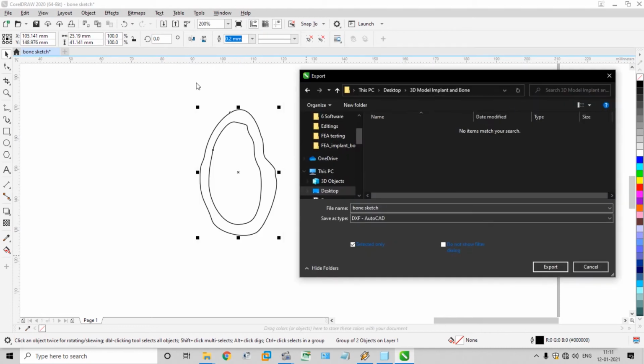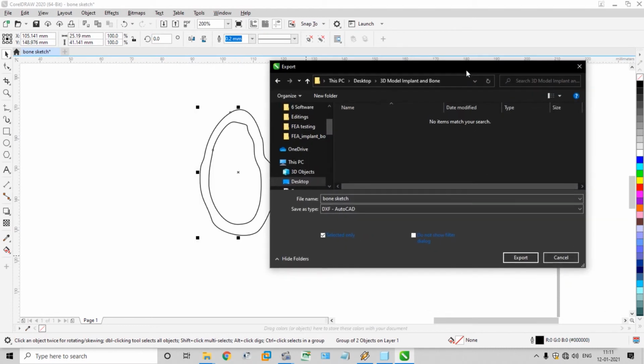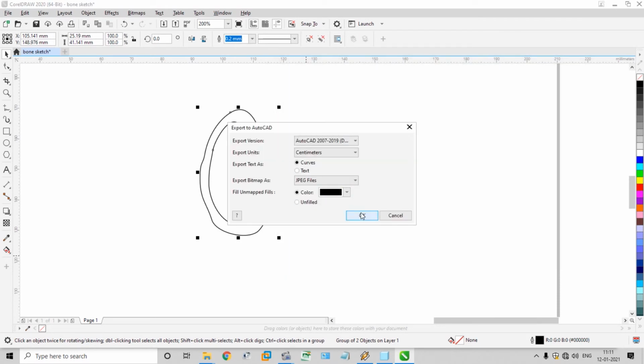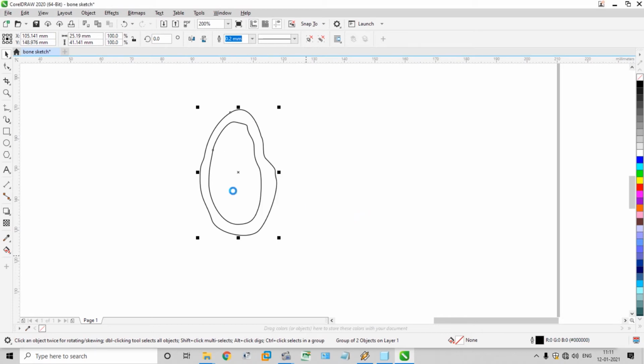What we have selected will be exported as a 2D sketch. Okay. Export as centimeter or millimeter, curves, JPEG file. Okay.